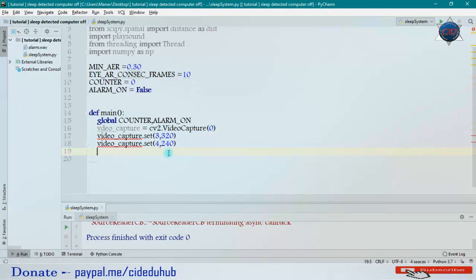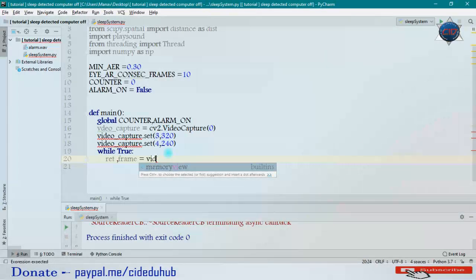Now let me start the loop here, and under the loop I will get the frame from this video capture. So we'll call our video_capture, and I will call its read method here.